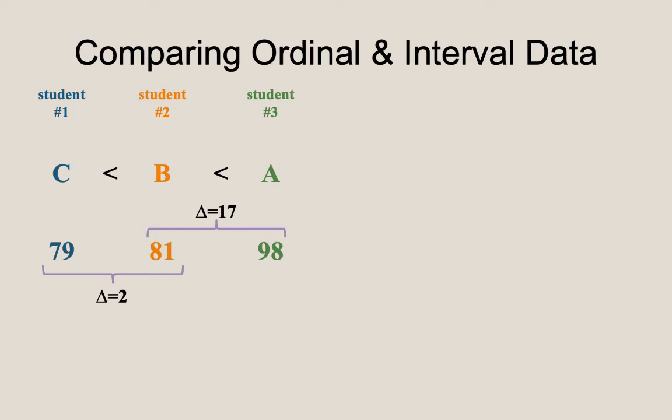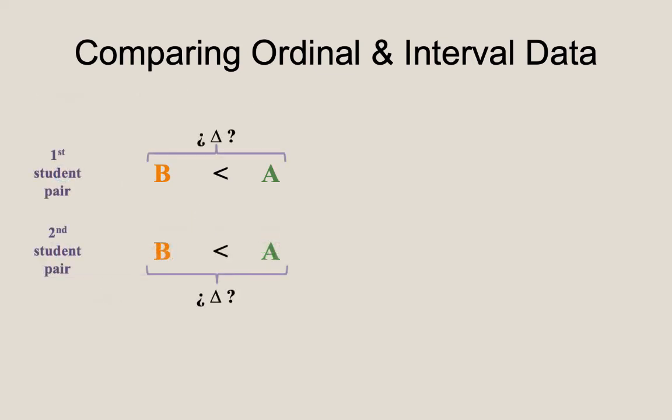The idea behind interval data is that the gap between each successive measurement represents a comparable distance and fixed quantification. For example, a 1-unit difference in a test score usually represents one additional question that was answered correctly. If we had two pairs of students, each pair with one A and one B, we can't say how close the scores actually were. That is the constraint of the ordinal level of measurement.